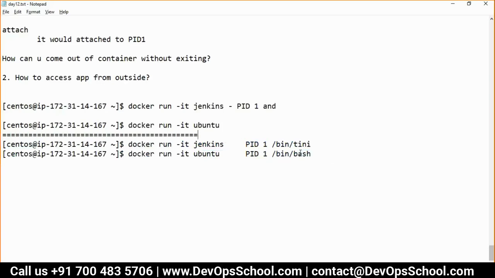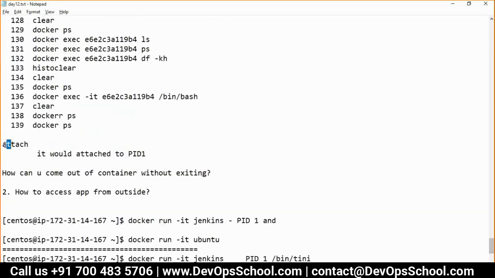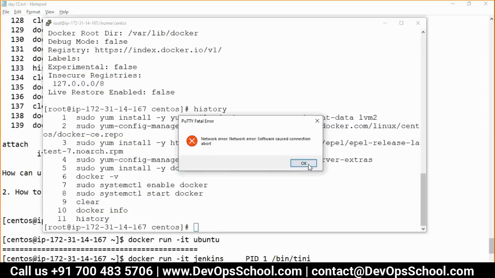That is the thing. Now, who decides the PID1? So that's decided by the developer of the image. Not you, not me. Now back to the second question: attach. It would attach to the PID1. So here you see, right now,